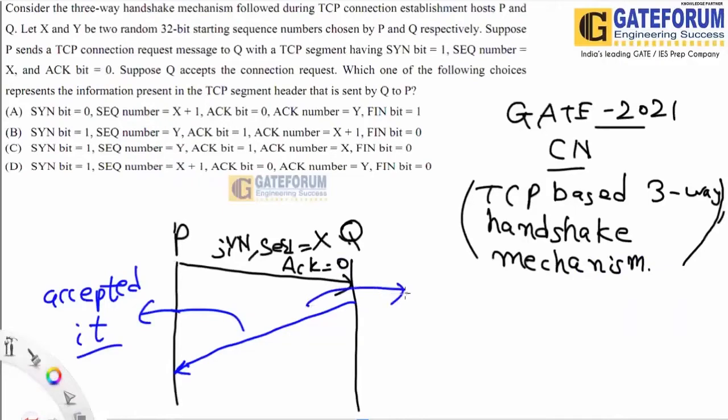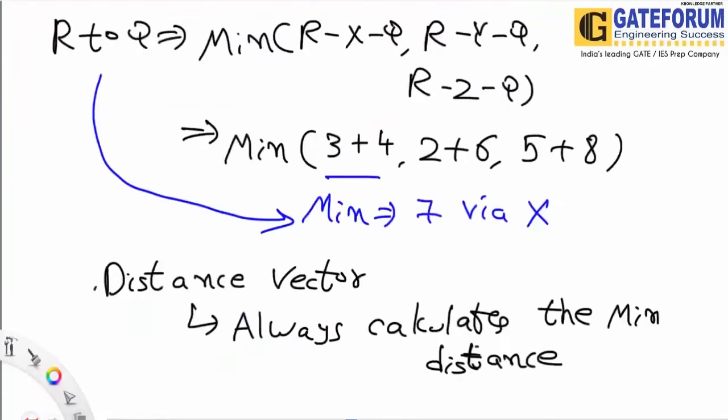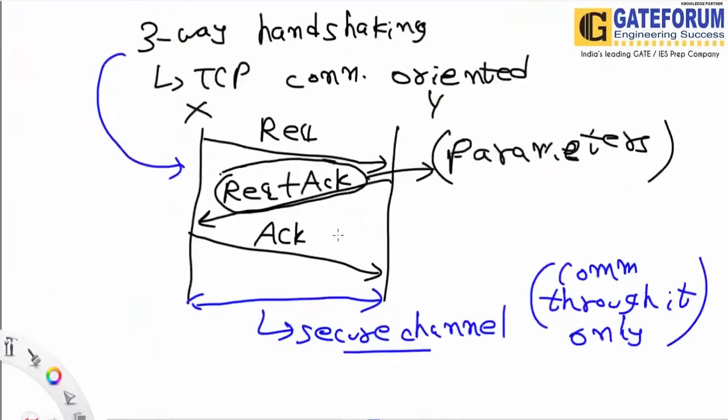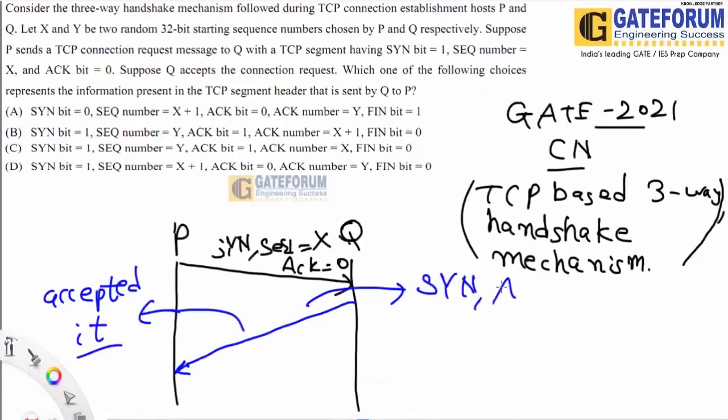As I mentioned, it is a SYN and an acknowledgement. It is a SYN plus acknowledgement. So request plus acknowledgement, both the things are there. So SYN and acknowledgement, both the bits would be 1. So it would be SYN and acknowledgement bit, both the bits would be 1. For SYN 1,